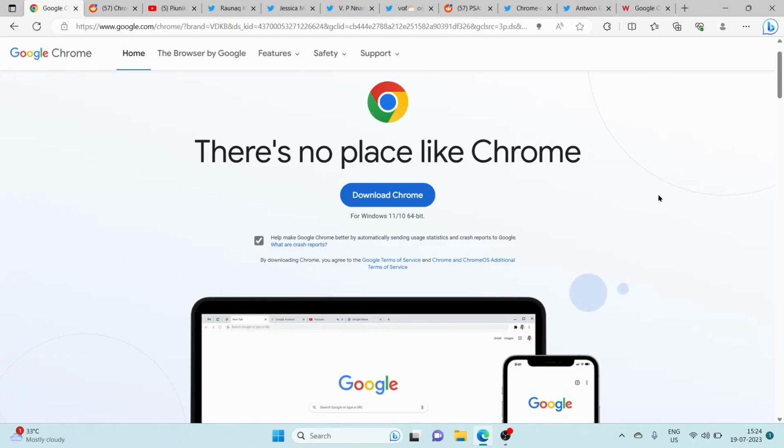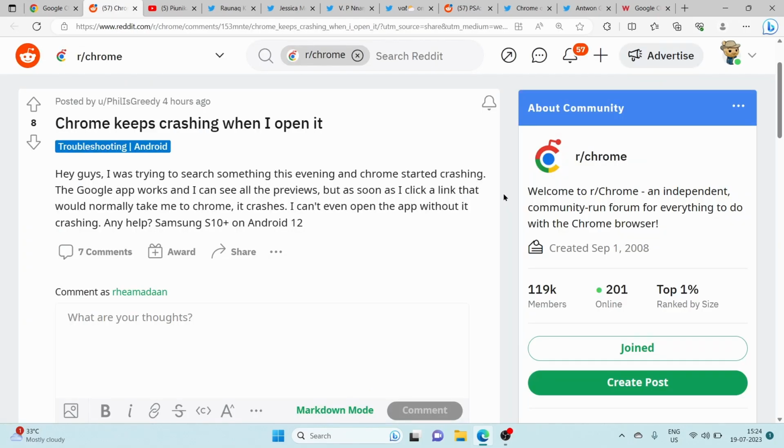Google Chrome has long been the go-to web browser for Android users, offering a seamless and user-friendly browsing experience. However, a number of users have taken to social media platforms to report the constant crashing of Google Chrome